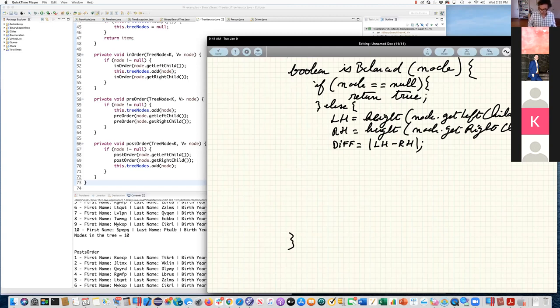Okay, so far so good. I know the difference between my left subtree and my right subtree.